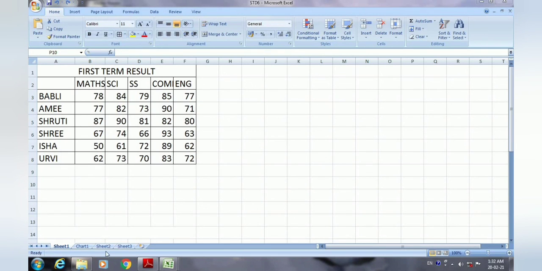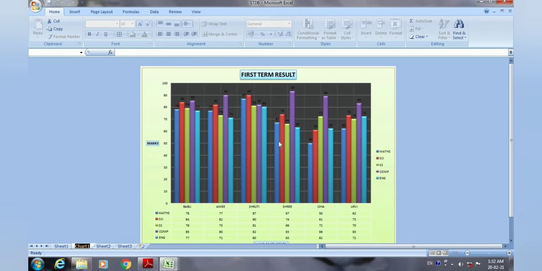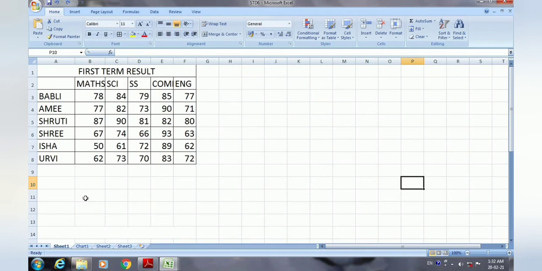So students, we have discussed the column chart, how we can create the column chart, and we have done that over here. Now we will see how, with the help of this data, we can create the pie chart, the circular chart. For that you can't select the whole table. Either you can select Bubbly's all subject marks, or you can select all the students' marks of any one particular subject. We will create both pie charts here. First we will create the pie chart for Bubbly's marks in all the subjects. So you just select Bubbly's data only.